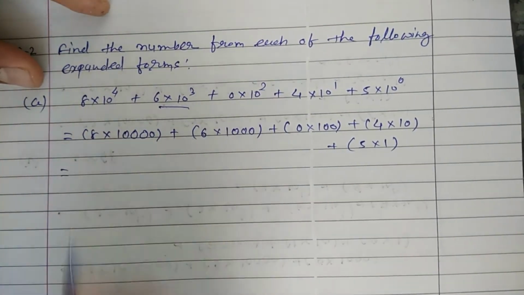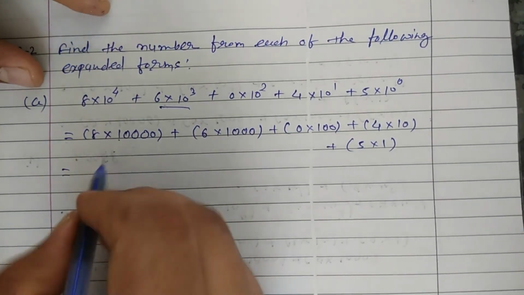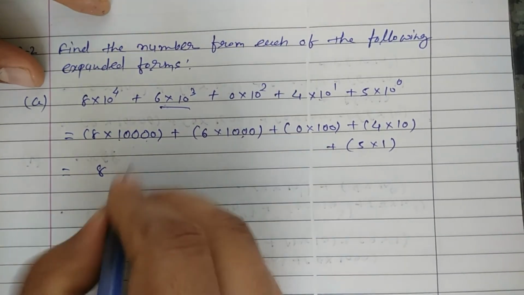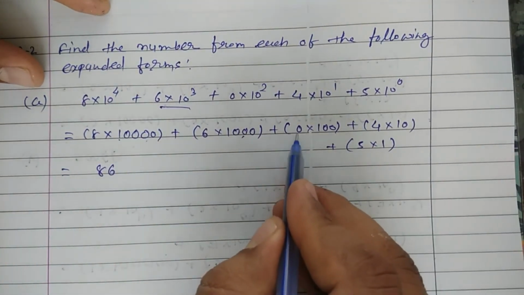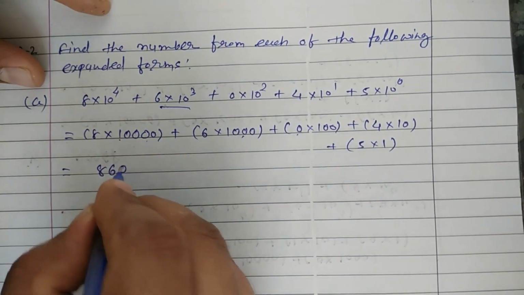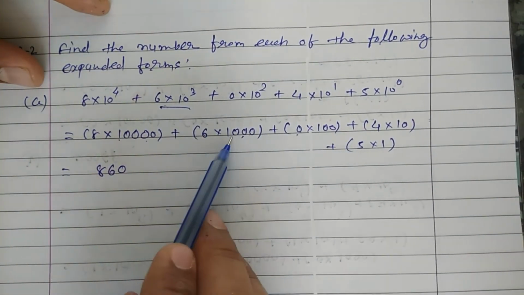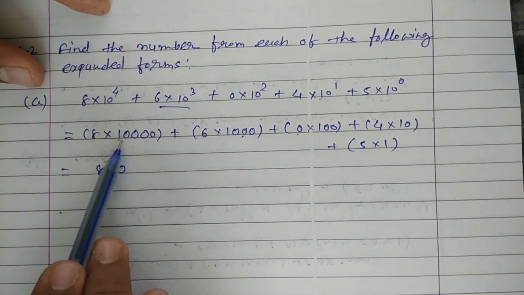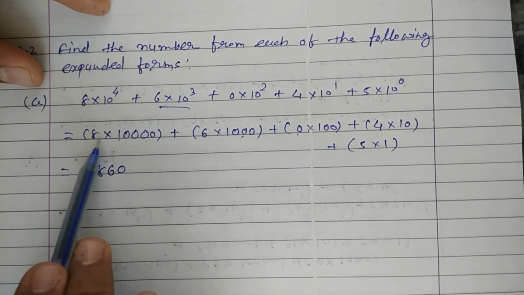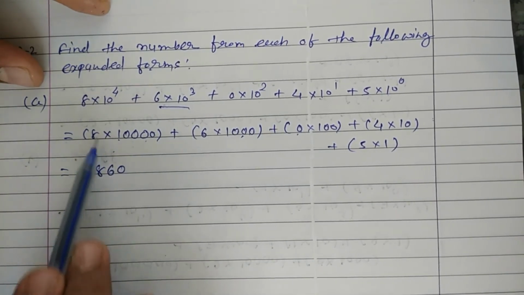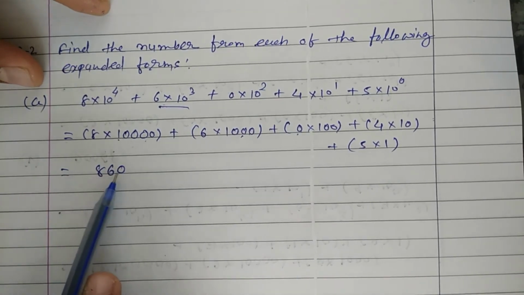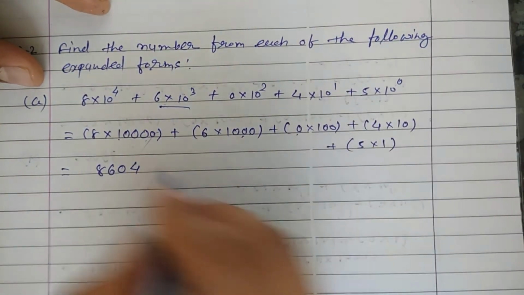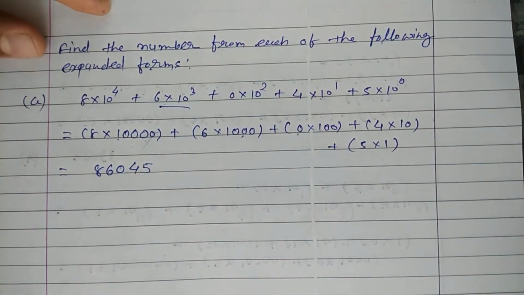So here we will start. So this will be at 10,000 place 8, then after 10,000 1000 place, that is 6, then 100 place, here it is 0. So whatever is in multiplication with the exponential term of 10, that we have to write. So here 8 multiplied by 10,000 means 8 will be at 10,000 place, then 1000, then 100, then tens, that is here 4, then it is 5. So number is